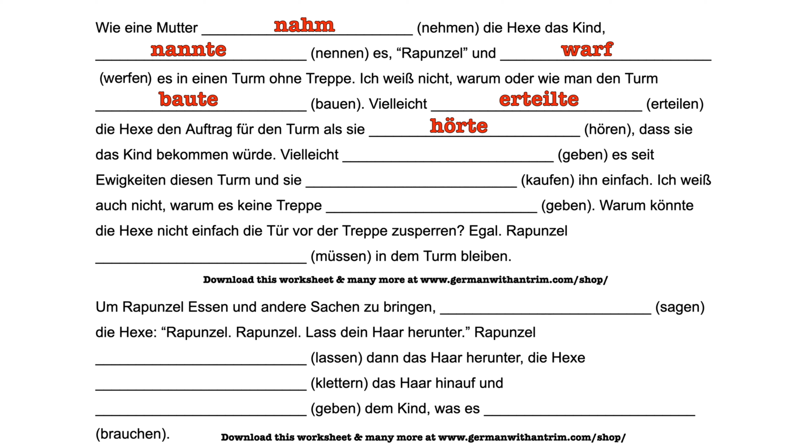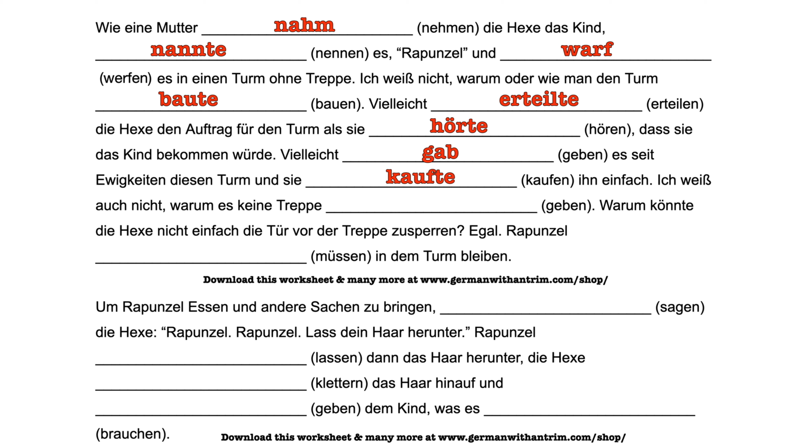Vielleicht, and a form of geben, but this time with es as our subject. Again, we talked about geben earlier. It's an irregular verb, and it changes to gab. So vielleicht gab es seit Ewigkeiten diesen Turm. Maybe this tower was always there. Und sie, in the form of kaufen. Kaufen is a regular verb, so we have those te endings, and sie is referring back to die Hexe. So again, we have just a te at the end, nothing else beyond that. Und sie kaufte ihn einfach, and she simply purchased it, since it was there forever.